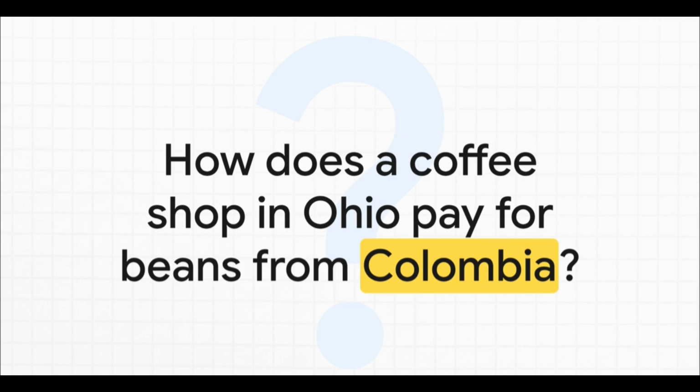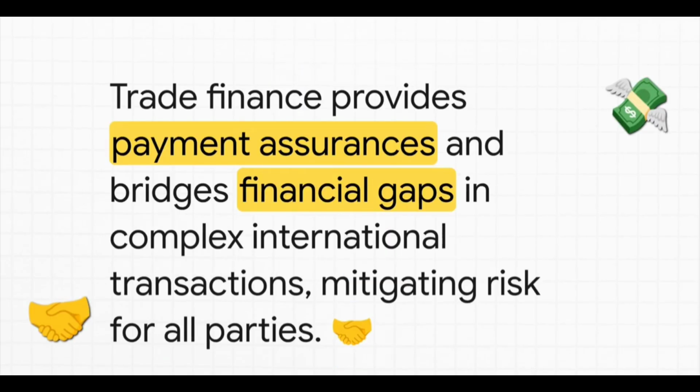Now, here's the problem: the farmer, understandably, wants to get paid before they ship the beans, but the shop owner, they want to pay after the beans arrive safely. See that gap? It's a huge gap of time, distance, and, well, trust. So, how on earth do you solve that? Well, that's exactly where trade finance comes into the picture. It's the system designed to bridge those financial gaps and manage all that risk. It gives both the farmer in Colombia and the shop owner in Ohio the confidence they need to actually go